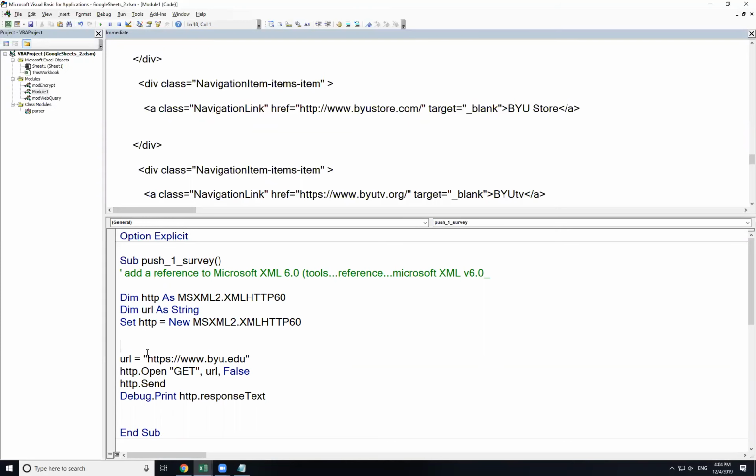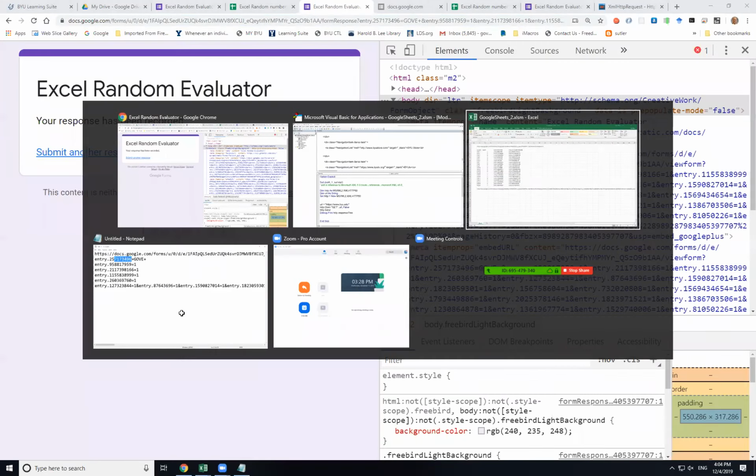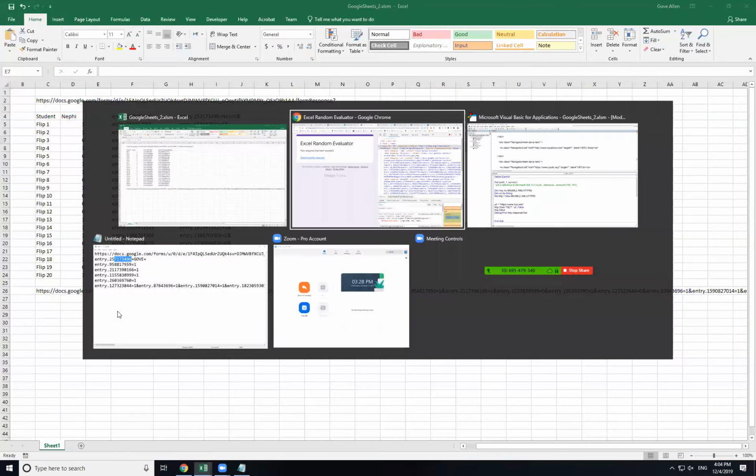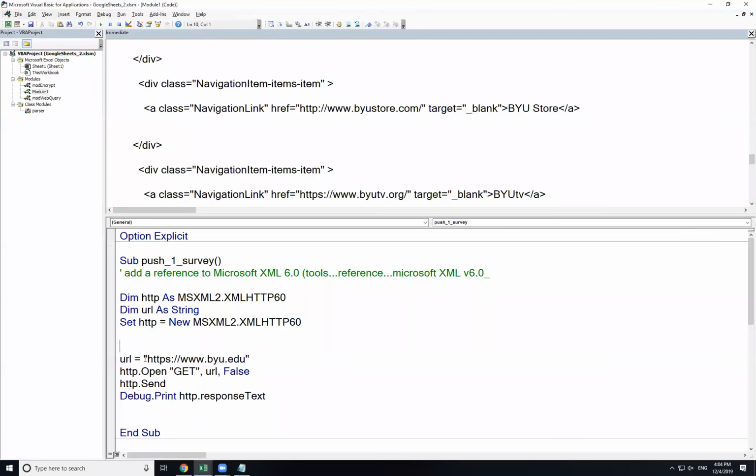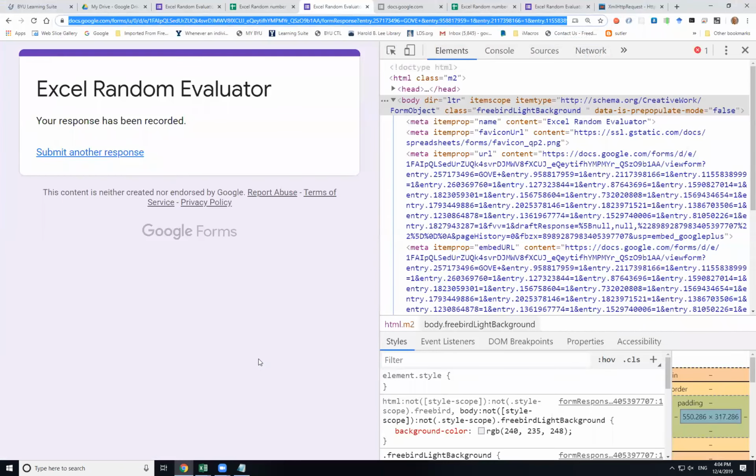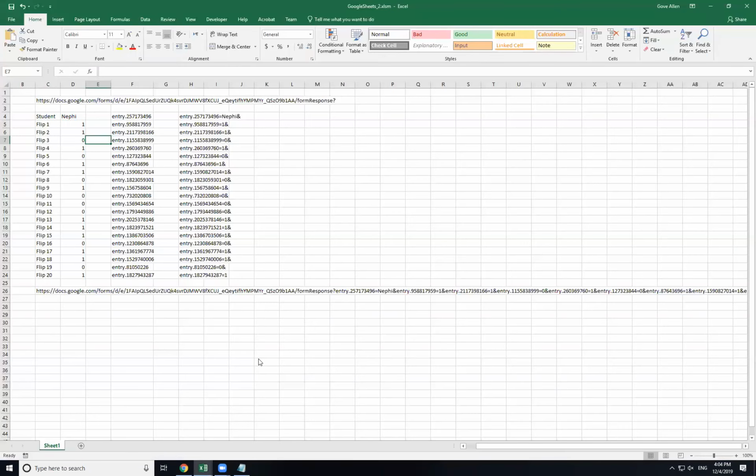Okay, so now my URL, I now have actually got sitting over here in C26. So here now for my URL, I'll just say, what sheet is it on? Sheet 1